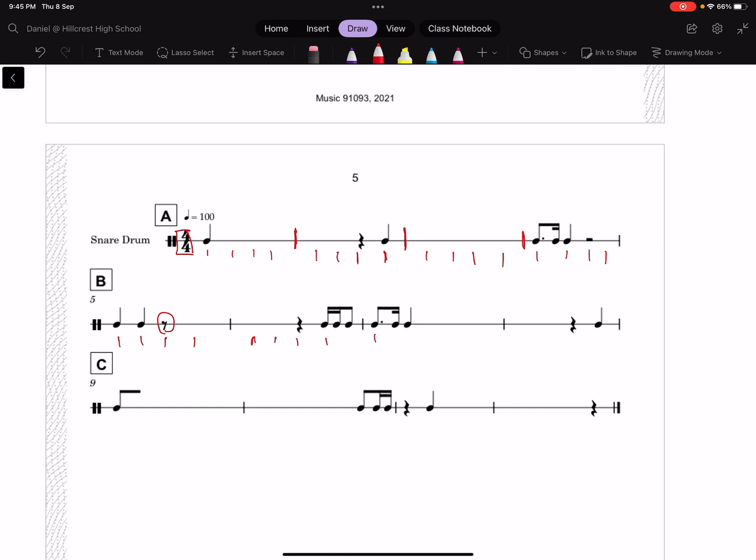Okay. 1, 2, 3, 4. 1, 2, 3, 4. 1 and 2, 3, 4. 1 and 2 and 3, 4 and 1 and 2 and 3. I think you'll need to be counting subdivisions of 4 beats. So it means 1 and 2 and 3 and 4 and